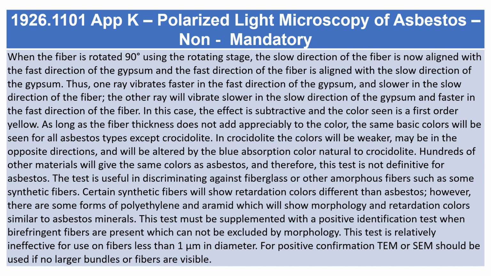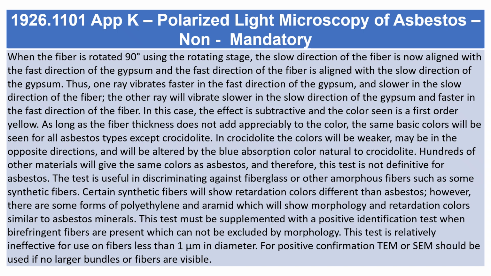As long as the fiber thickness does not add appreciably to the color, the same basic colors will be seen for all asbestos types except crocidolite. In crocidolite, the colors will be weaker, maybe in the opposite directions, and will be altered by the blue absorption color natural to crocidolite. Hundreds of other materials will give the same colors as asbestos, and therefore, this test is